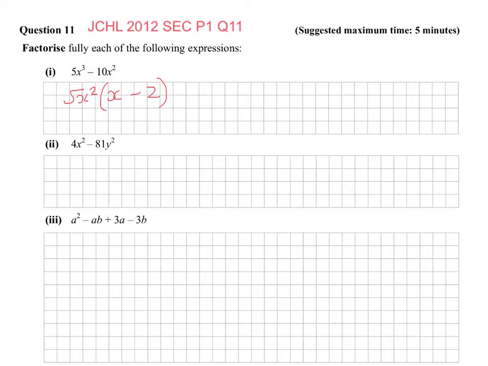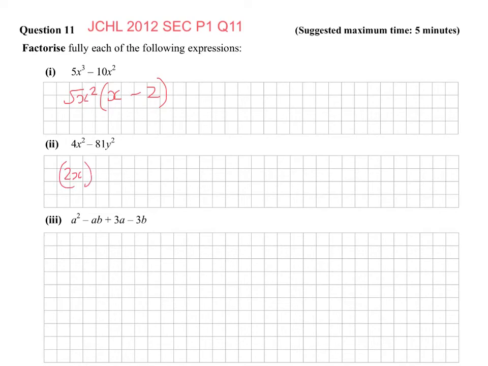Moving on to part 2, if we analyse this question, we'll see there's nothing common to each of these terms. There's no common factor from just viewing it as it is. What you should instead realise is that the 4 and the 81, and also the x squared and the y squared, should create an alarm bell for you. You should realise this is what we call difference of two squares. It's a subtraction of